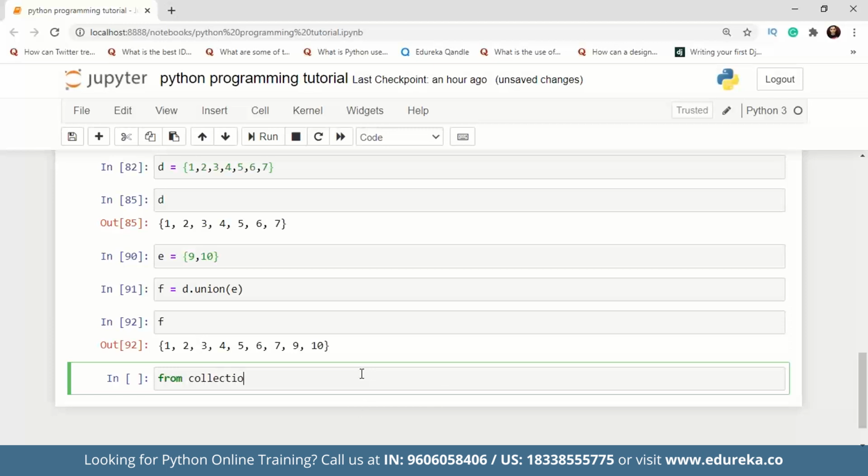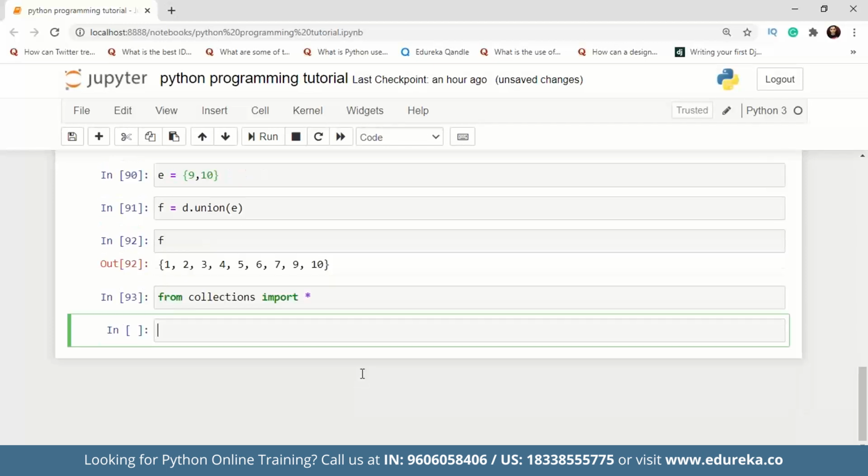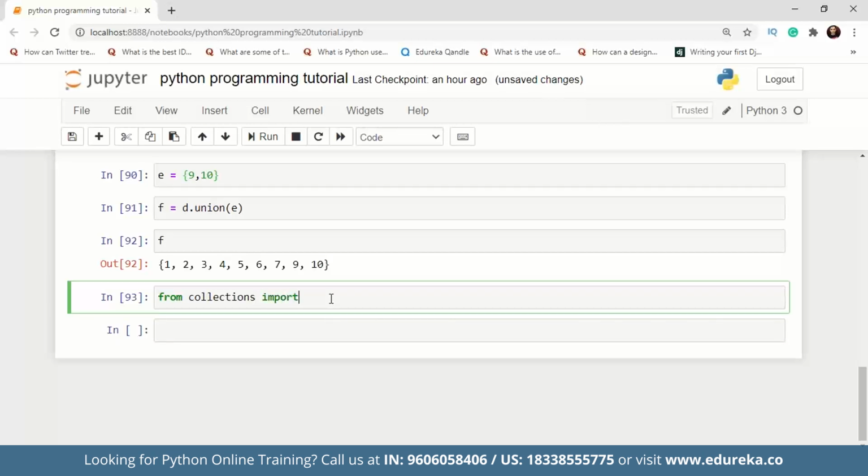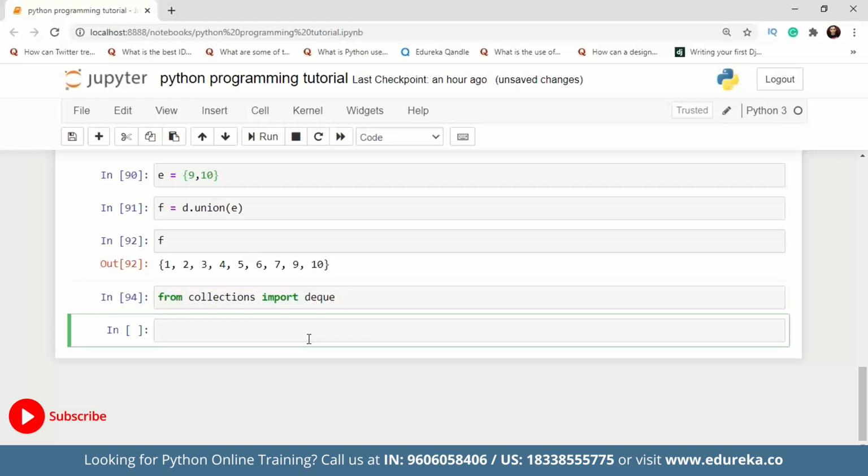Whenever you're using an external package or a module, this is how you import, and you can use an alias. You can use an asterisk to import everything from the package, or you import only the specific modules that you want for your project. So I'm just going to import deque. Right, so we have deque, defaultdict, namedtuple, ChainMap, Counter, UserDict, UserList, and UserString. So these are the collections advanced data structures. I'll just briefly tell you what exactly these data types are and what they do.